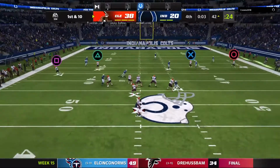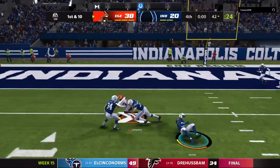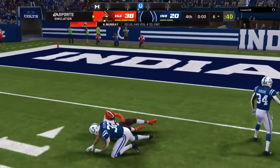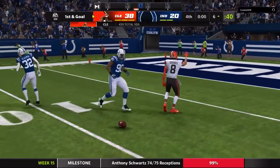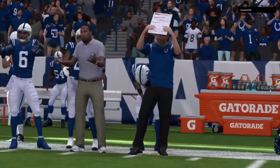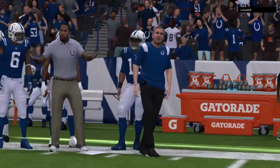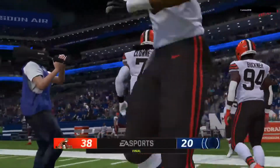Play fake. Murray. He's going to rifle one deep left side. And at the 7-yard line, the catch is made. And down he goes, taking it inside the 10, just shy of the 5 at the 6. So Cleveland able to come away with the victory here. And they were buoyed, Charles, by a big second half to put this one on ice. And I know a lot of people watch